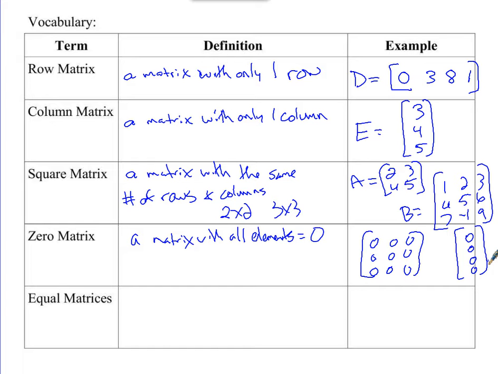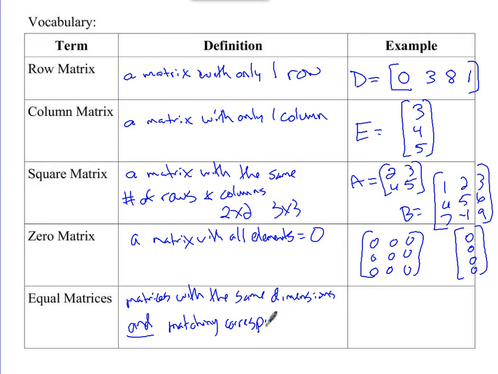So, matrices with the same dimensions and matching corresponding elements. It's actually a pretty good definition that I just came up with off the top of my head, but it